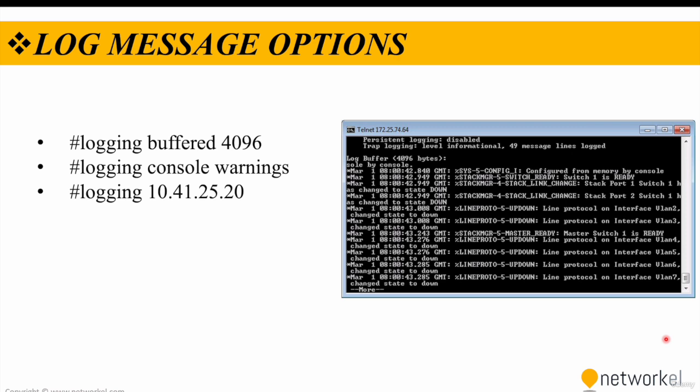There are some log message options that you can configure on Cisco devices. For example, on the screen you are seeing logging buffered 4096. That means only 4096 bytes of logs will be kept within the device. In the second command, I am seeing logging console warnings, which means the log messages printed on the console screen are set to warning and below, depending on the severity level. And in the last command, I'm seeing logging an IP address. That means logs are being sent to an external syslog server with an IP address of